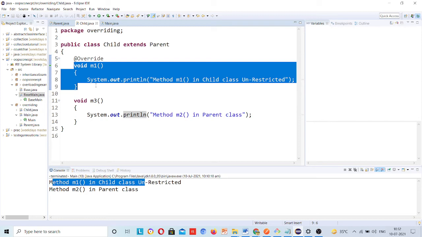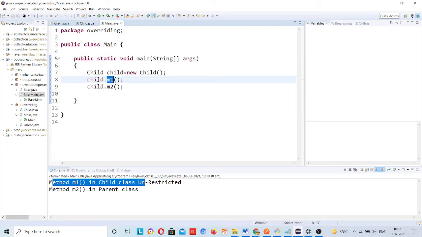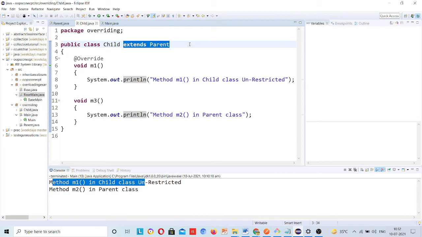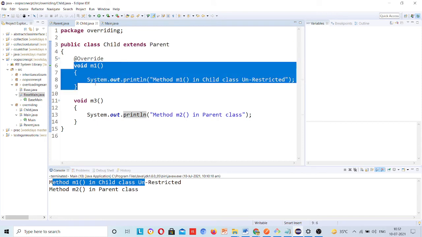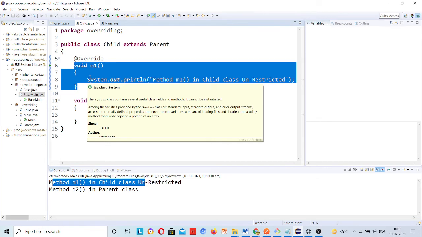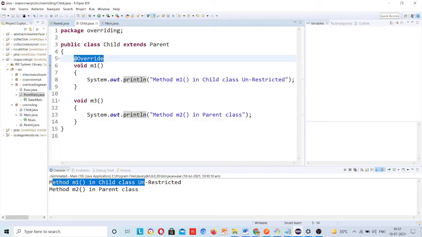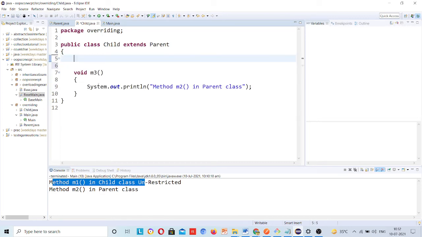If it is not present in the child class, then since you are writing extends parent here, it will check that this method is coming into this class through inheritance, and it will call the parent class method. Even if you did not write it like this, the method coming from the parent class is present in this child class also.